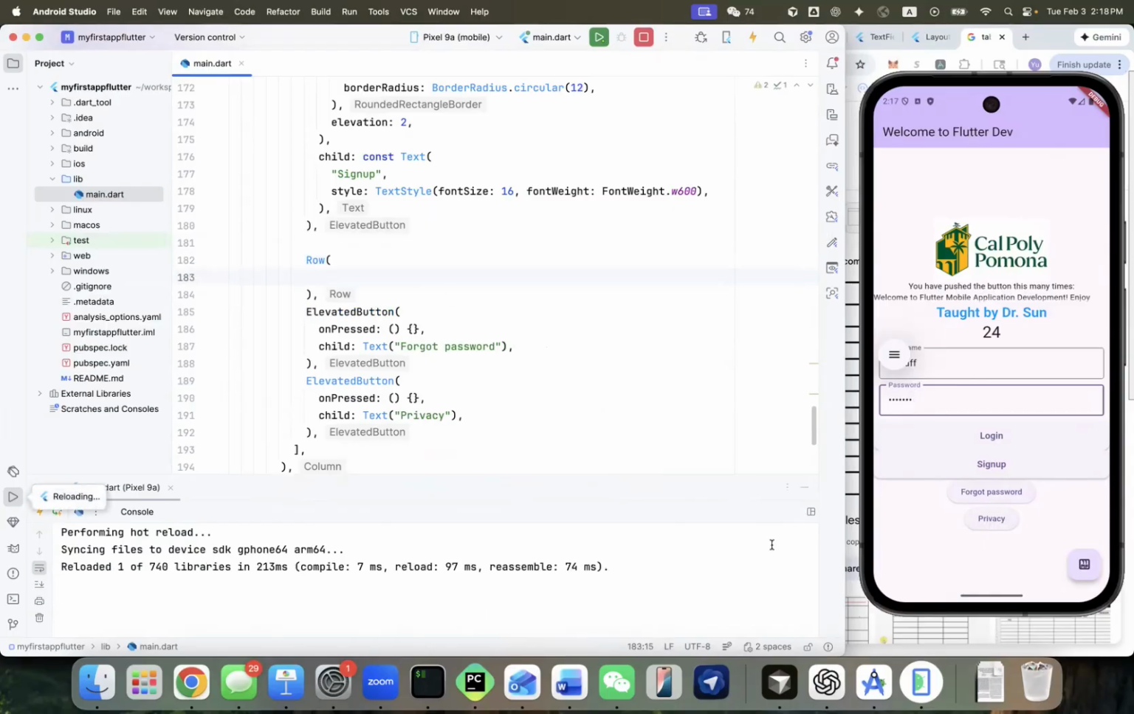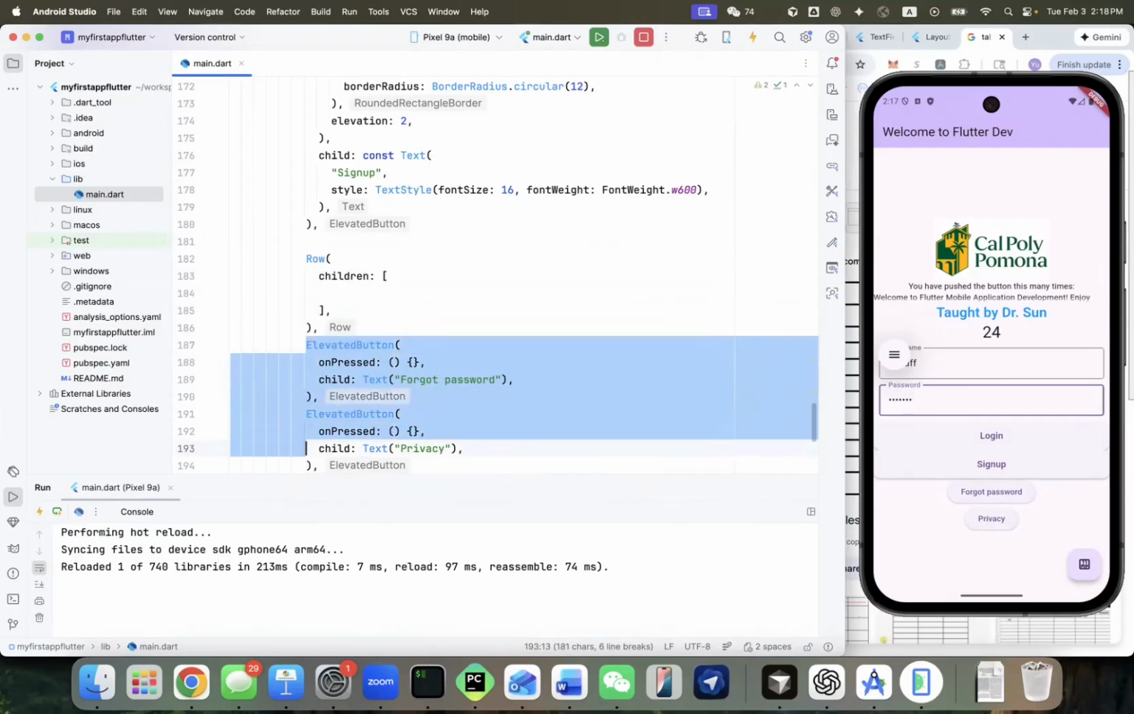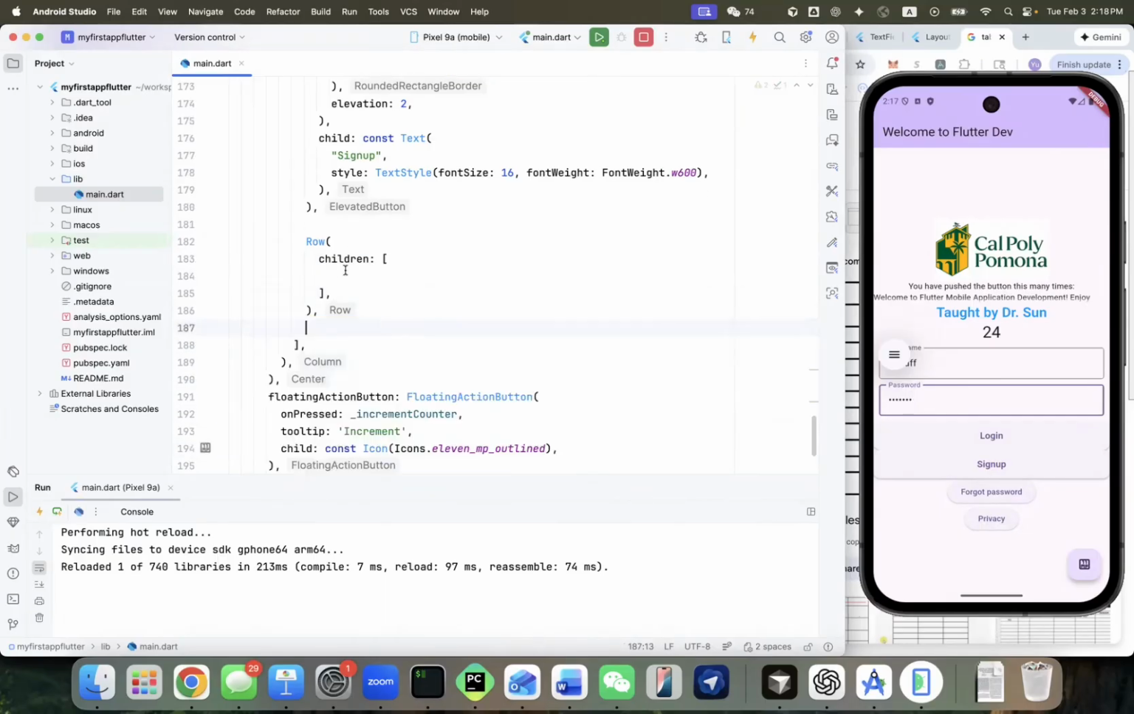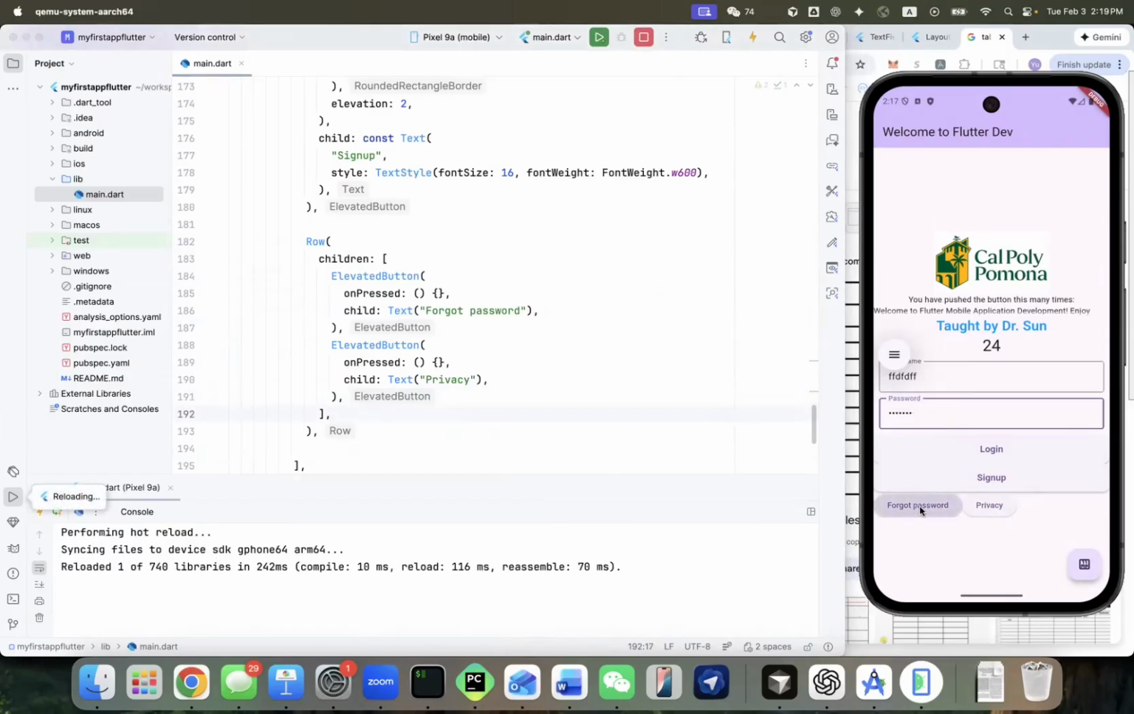So right now, if I save it, nothing happens because the layout is not visible. It's not gonna show anything. It's here to help you manage all the children. So if I do children, that automatically pops up a list, which means you can put multiple elements, multiple children under this row. I'm gonna move these two buttons under the children, and then let me save the code, and you will see immediately these two are being placed